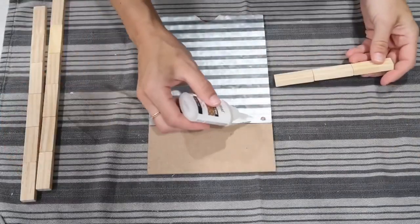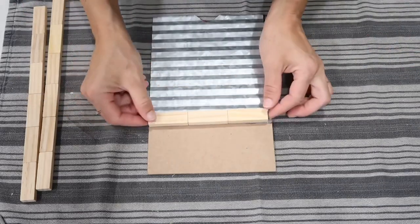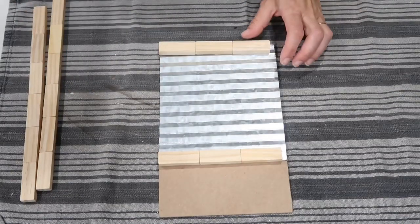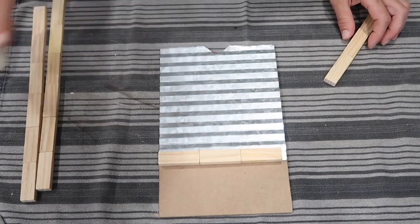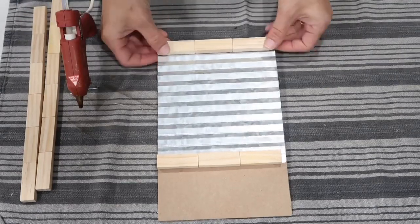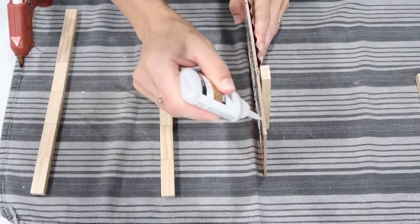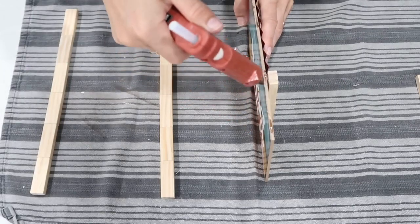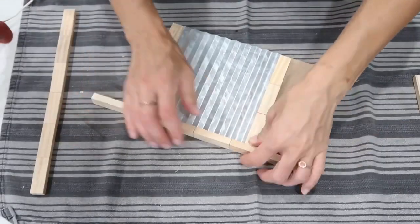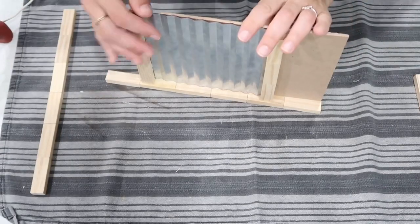Okay, now we're starting to assemble this. I'm taking 3 pieces and I'm putting them on the top part of the galvanized sign where it meets the wood part, and then the other 3 I'm putting on the bottom. Again, I'm mixing this 3M glue with my hot glue. After I glued those, I am about to glue one side of this sign, and for that I'm using those 6 Jenga blocks in a row that I glued previously. I'm making sure it is aligned nicely. The back should be completely straight, and on the front, like so, you can see it is sticking out a